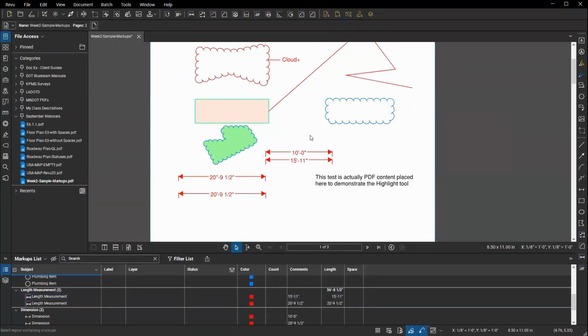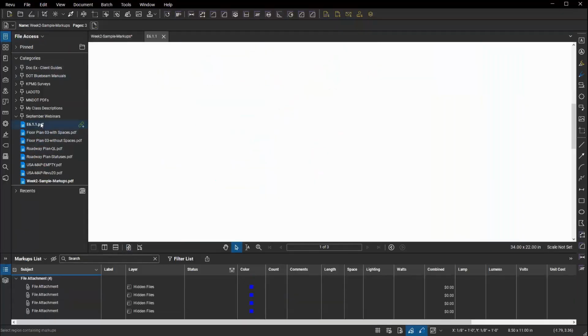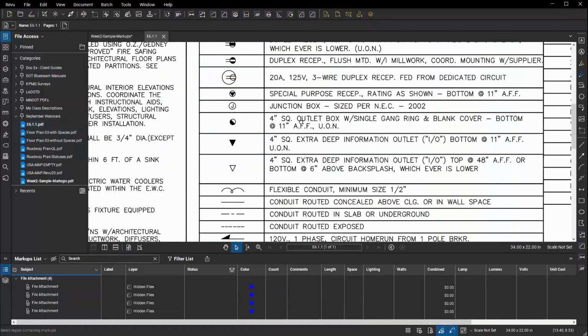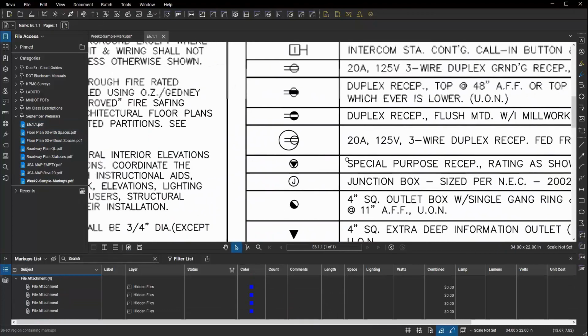Now, all of these are examples of creating markups from scratch, but there are other ways of creating markups. I'm going to open a document here that is, in essence, an electrical legend, and on it are a series of symbols that would be used in this particular project. And those are perfect examples of where you might want to steal from a drawing that already has some standard stuff inside of it. And for my example, I'm going to use this circle with the letter J in it